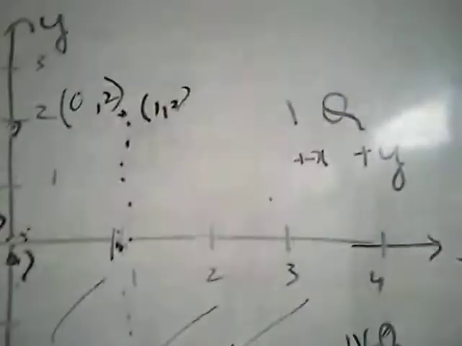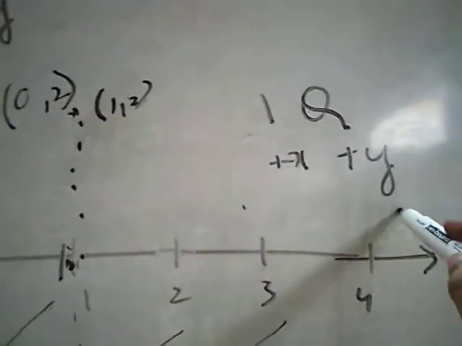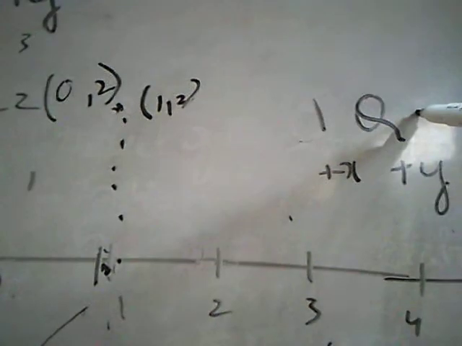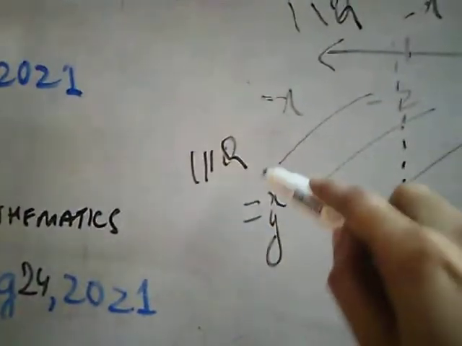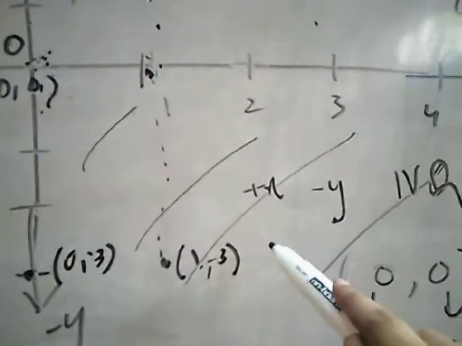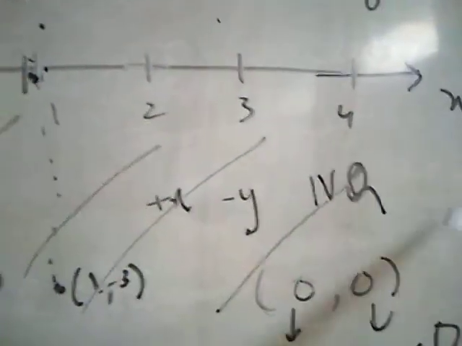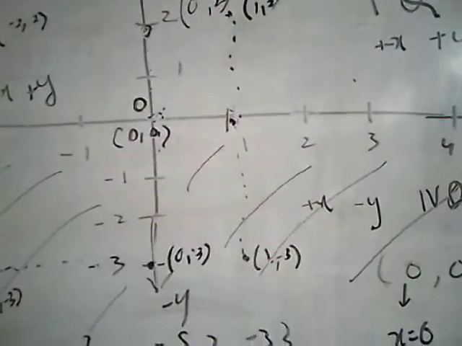Now you have to remember that whenever positive x and positive y values are given, you will map into the first quadrant. Whenever both the values are negative, you will map into the third quadrant. When positive x is there but y is negative, you will map in the fourth quadrant. You don't have to rote memorize them. When you do a lot of practice of these kinds of questions, you'll learn them naturally. You don't have to put a lot of effort into remembering these things.